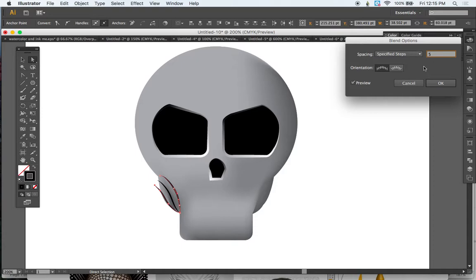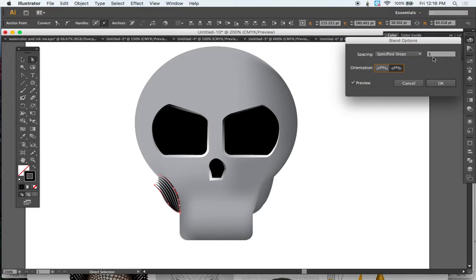I'm going to try 5 steps and see what that looks like. If you want to click back and forth here, you can see the difference that makes. And I'm going to put it align to path because